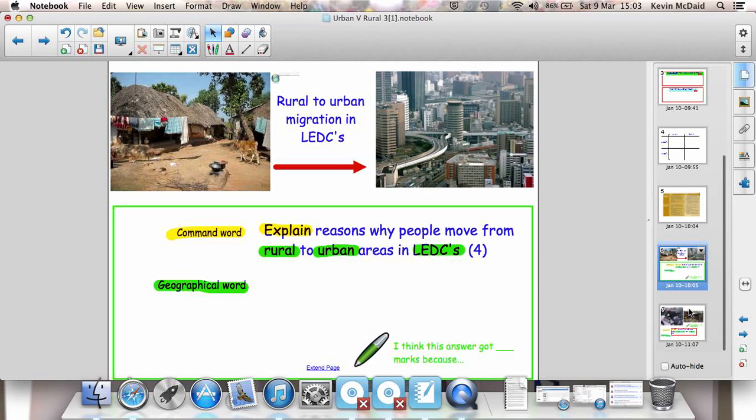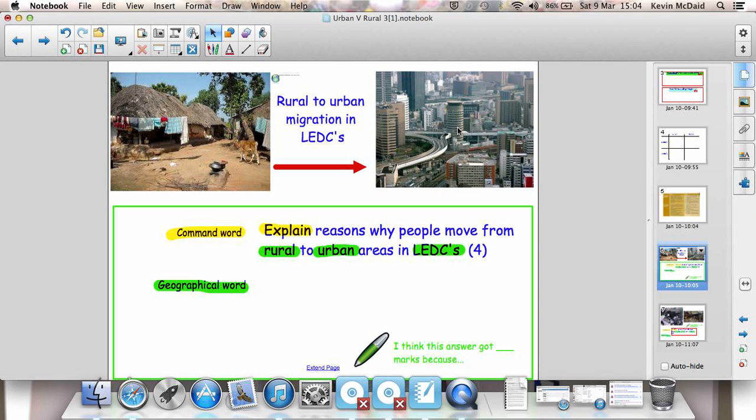In terms of LEDCs, you're thinking about push factors being poor education, poverty, not much money, no jobs, disease, less healthcare, stuff like that. Pull factors of urban areas is the exact opposite of those push factors. Better housing, better healthcare, things like that. But be aware that, of course, not everyone, in fact certainly not the majority, who move from rural areas to urban areas in LEDCs find